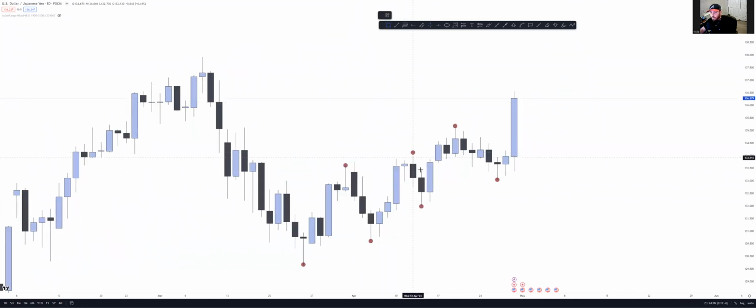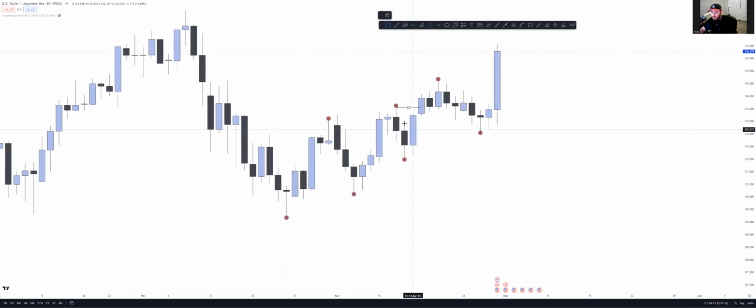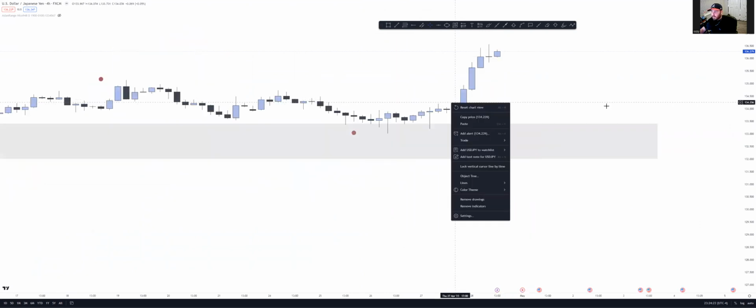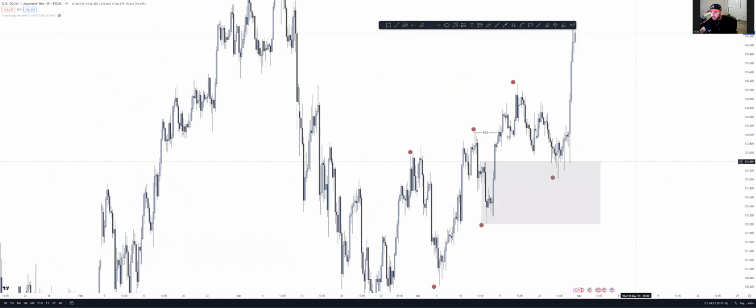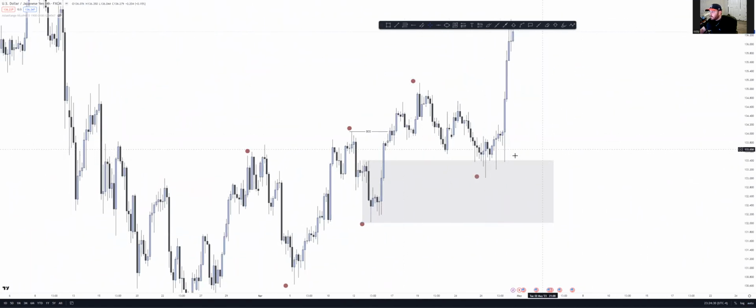Even if you go off of the daily, you can see, okay, we broke this high right here, so we had a break to the upside. What demand zone caused that? This one right here. And see how it pretty much matches into that zone? You could just go based off of this. The thing is that the way that I trade, I go a little bit